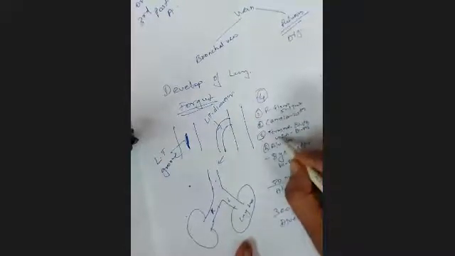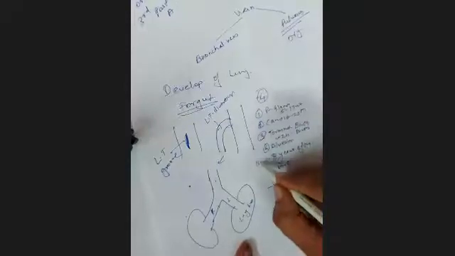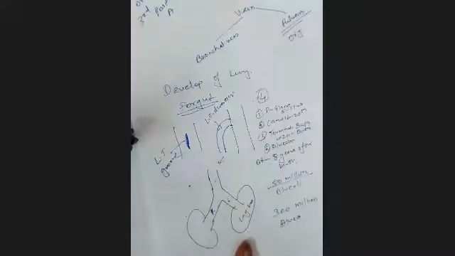Grossly, the pseudoglandular stage, where the lung looks like a gland, is from the 5th to 17th week. The canalicular phase is 16th to 25th week. The terminal sac period is from the 24th week till birth, and the alveolar phase is from birth till 8 years after birth. So the lung develops from the foregut, and from the laryngotracheal groove a diverticulum goes down, and as it goes down it invaginates the pericardioperitoneal canals, which form the pleura.